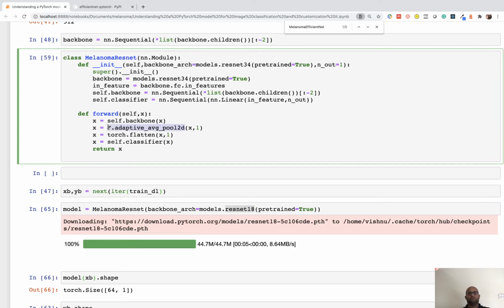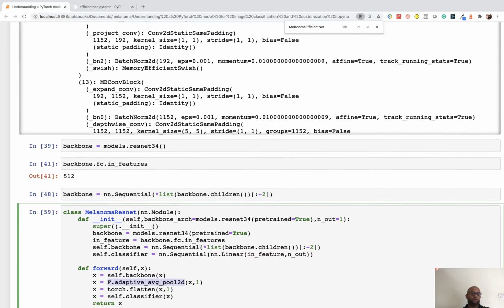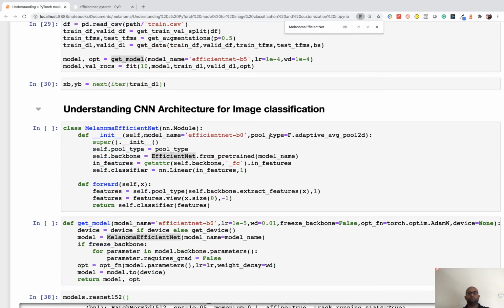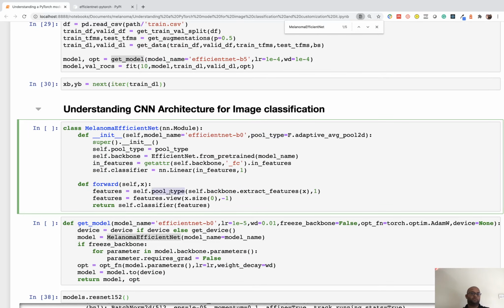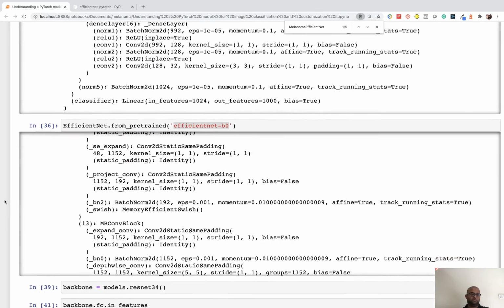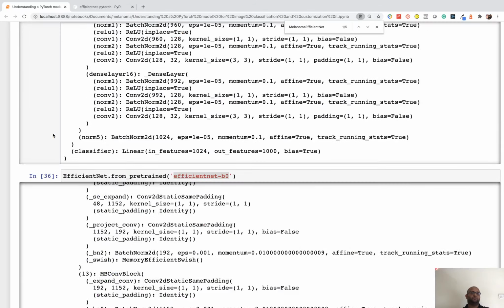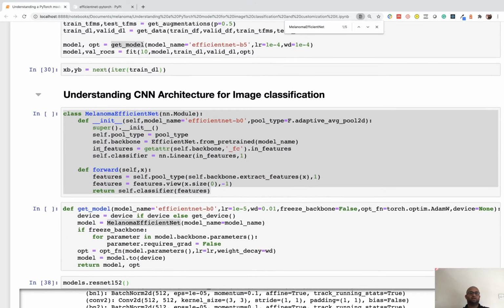So since we said that there are multiple ways of doing this adaptive average pooling, basically they call it concat pooling, or there's something called gem pooling. There are different ways you can do this particular part. So what we can do is make this also a function, and I think I would have done that in the kernel. Okay, if you see here, pool type, and that's what we will be applying here. So this is pretty similar to what we have built here, just that we built on the ResNet architecture, which is part of the Torch Vision library, and in the kernels for